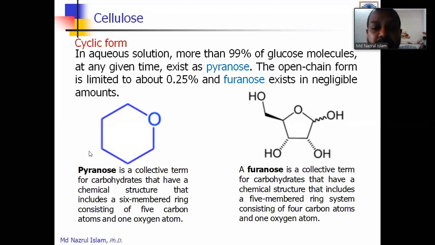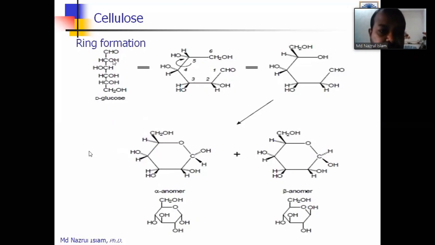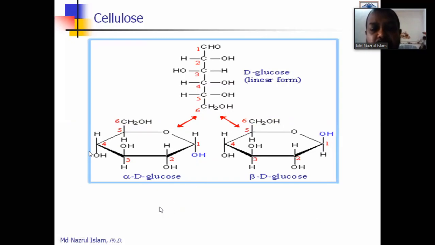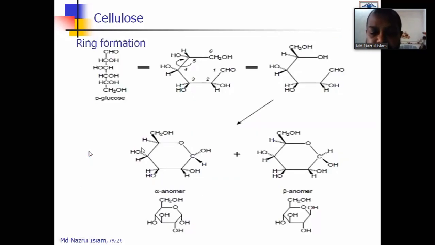Why D-glucose? Because it is more stable. So when D-glucose makes the ring, you will just see carbon 1, that is the CH. If you can remember from the beginning, at carbon 2 there is one functional group on the right hand side, and likewise at 3, 4, 5, and 6. So that gradually turns into a cyclic structure, and finally it can make 2 different types of anomer, 2 different types of structure. Both it can make from D-glucose.